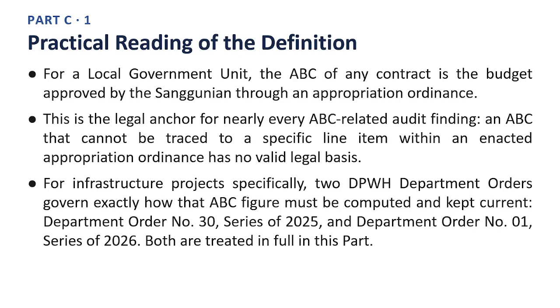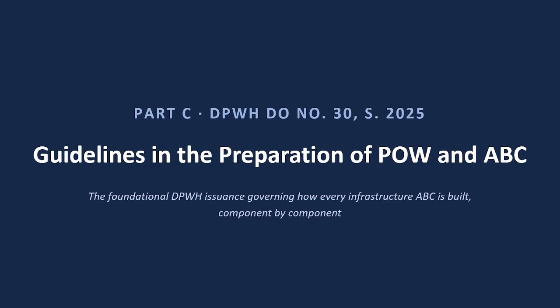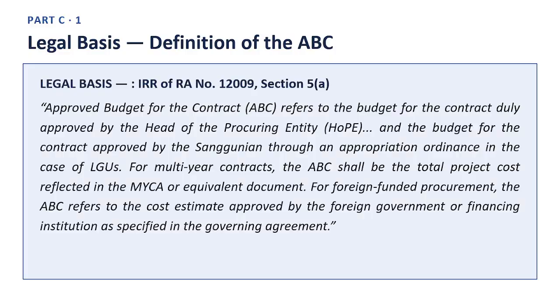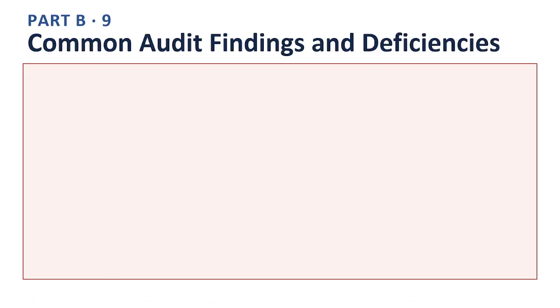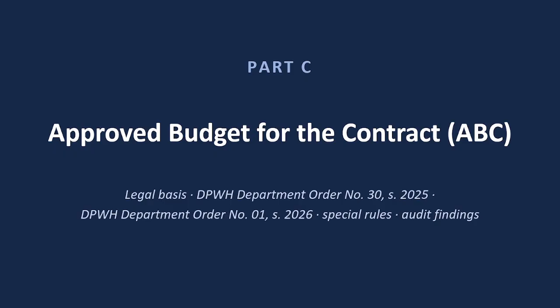Practical reading of the definition. Point 1. For a local government unit, the ABC of any contract is the budget approved by the Sanggunian through an appropriation ordinance. Point 2. This is the legal anchor for nearly every ABC-related audit finding, an ABC that cannot be traced to a specific line item within an enacted appropriation